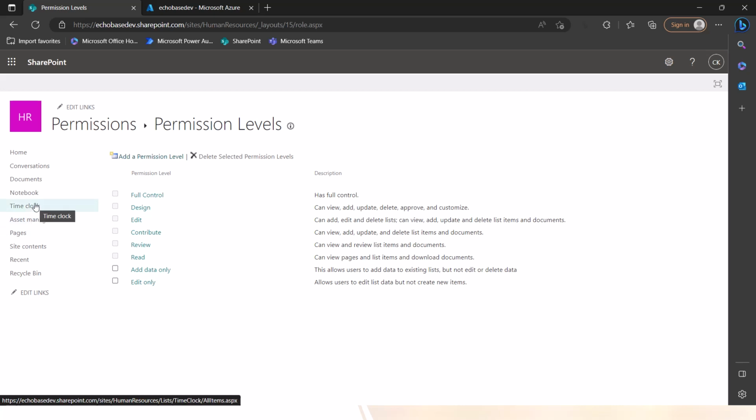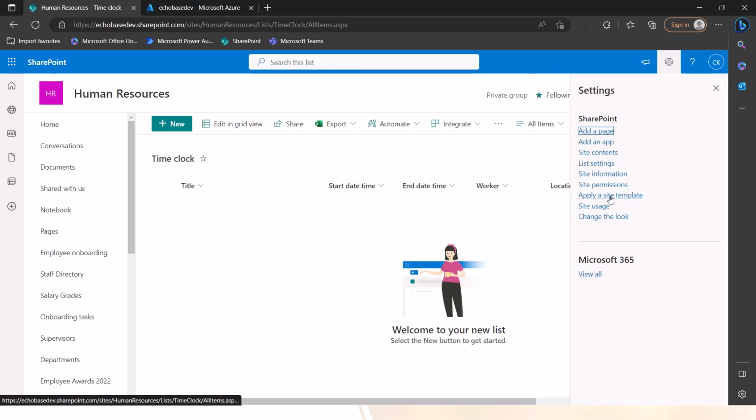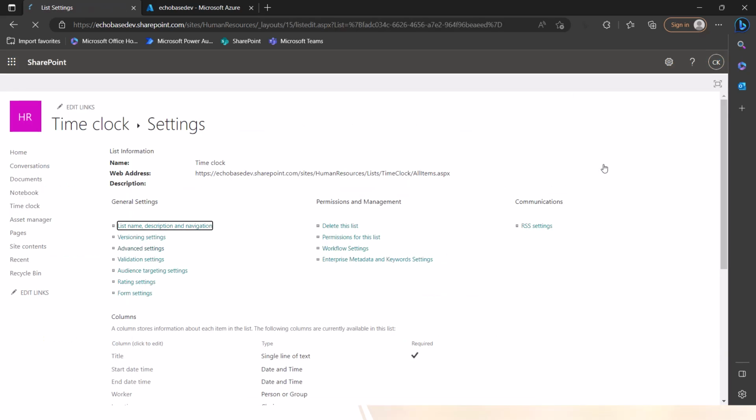And now in our SharePoint site, I can go into, well, again, I'll show this in the next video. We'll go into one of these lists and basically add that user group. Let's just show it now. We have a couple minutes left here. So I'll go to the time clock. This is the one where I want them to be able to create new entries but not edit or delete. So in here, you need to click the gear icon and go to List Settings